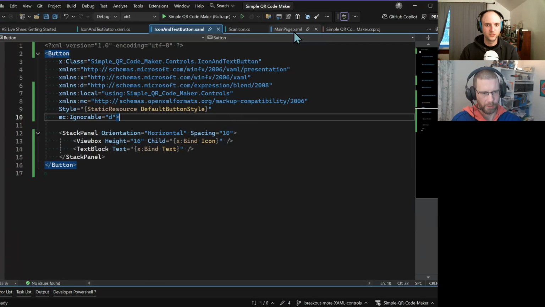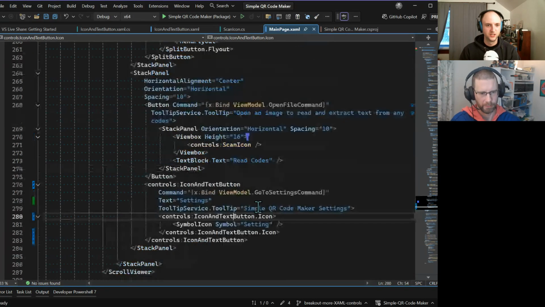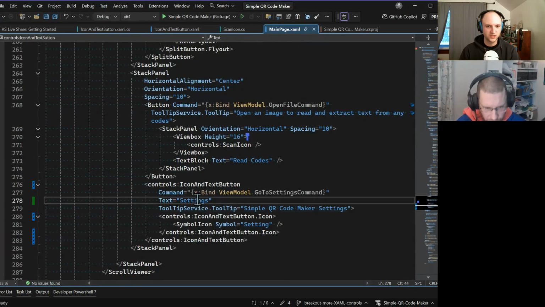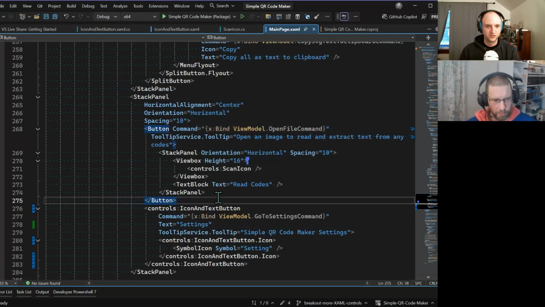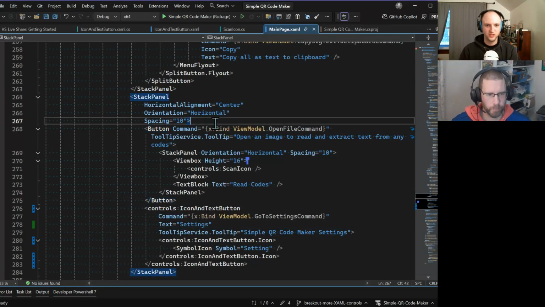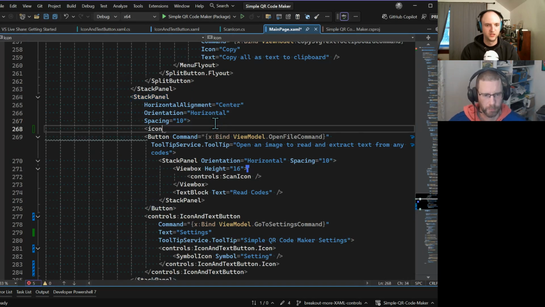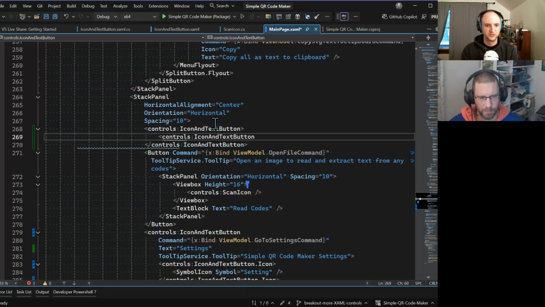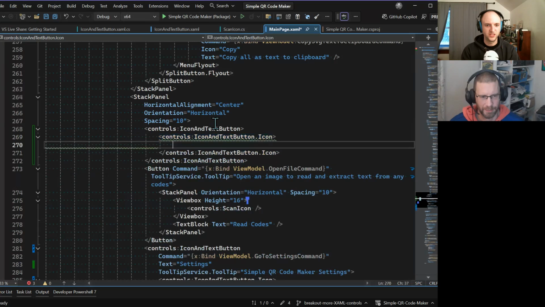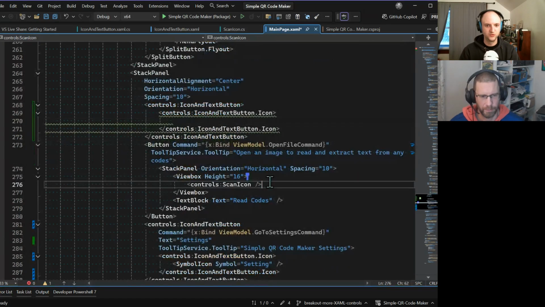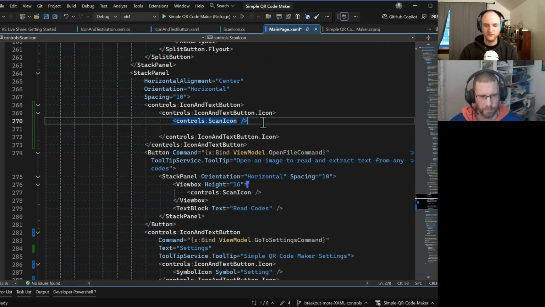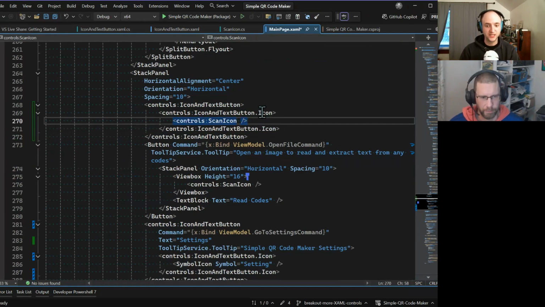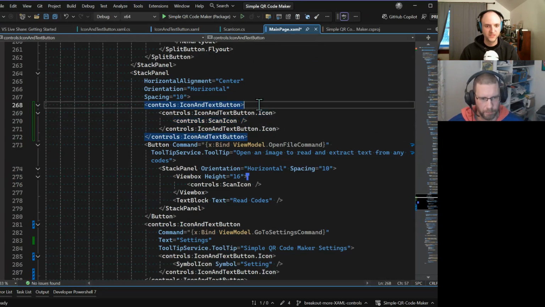All right. So I'm going to go back to the XAML page. You did the settings one, and I think I'm going to do that to the read codes one. Okay. So I'm going to make a new one above it. Icon and text button control. Icon. I'm just going to open that up first, and then I can move our scan icon inside of the icon. Yep, so this is the icon property that we made. And I need to set the text,